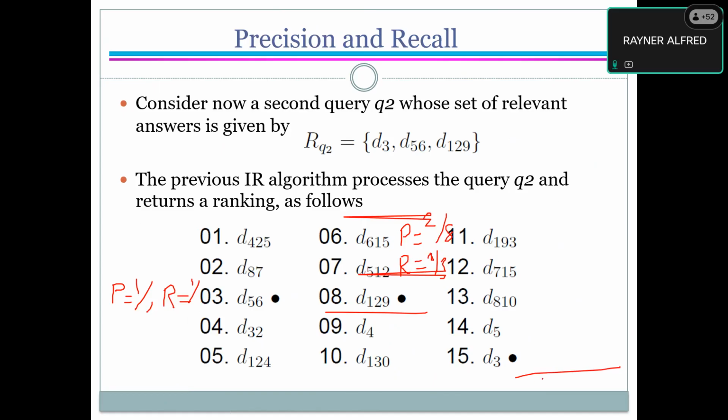And last one. This is, the position is 3/15. Recall is 3/3, right? Okay. So based on this value,